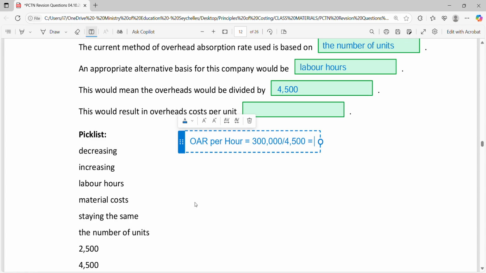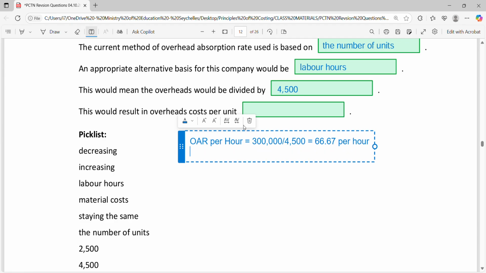So this would be 300,000 divided by 4,500 hours. What you'd get here is 66.67 pounds